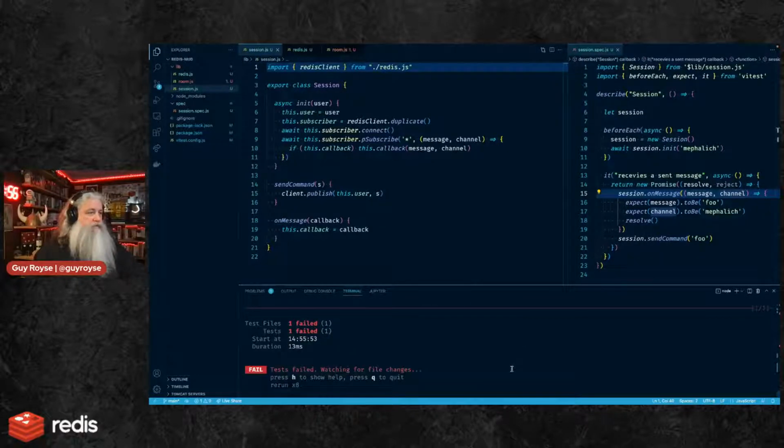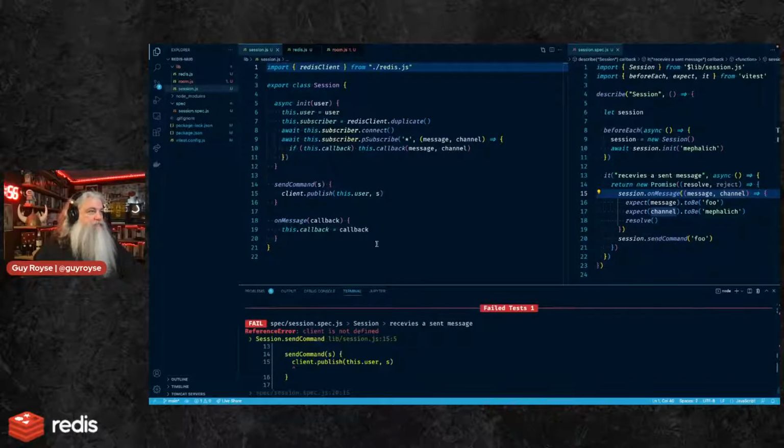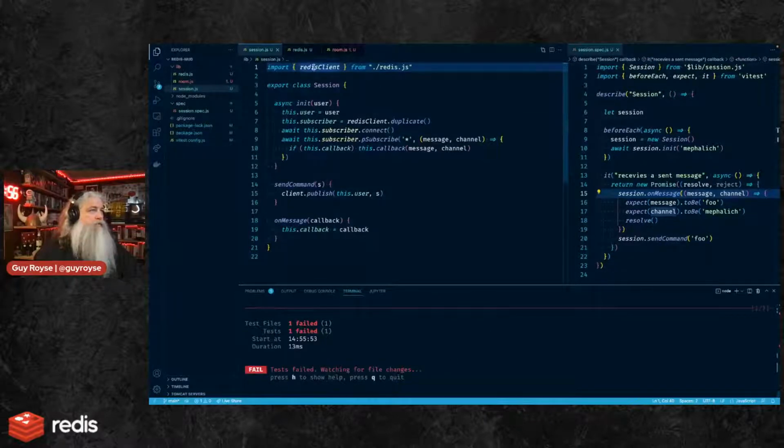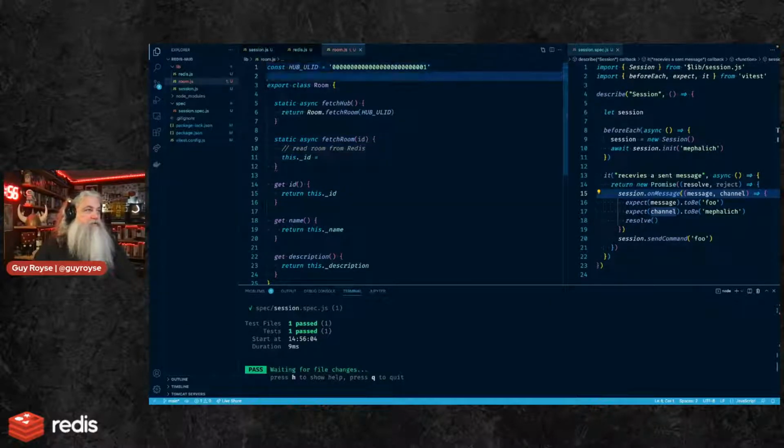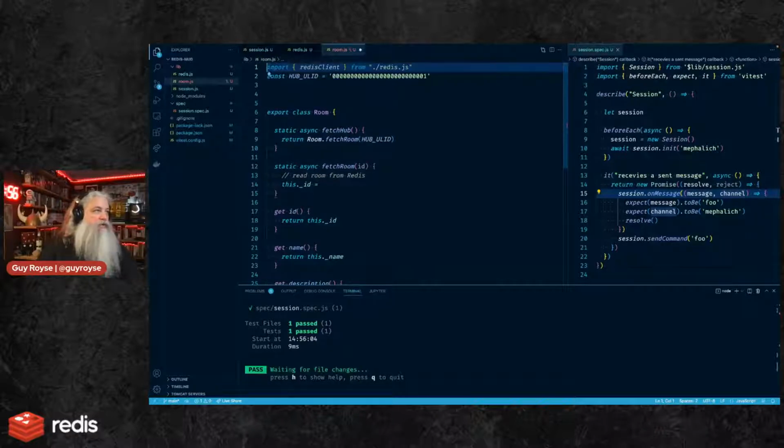Amazingly, this code's all still working. And there's a publish. Now it's still working. Okay, so now I've got a Redis client that I can use from everywhere. So I've basically taken a Redis client and made it global. So we can import it here.